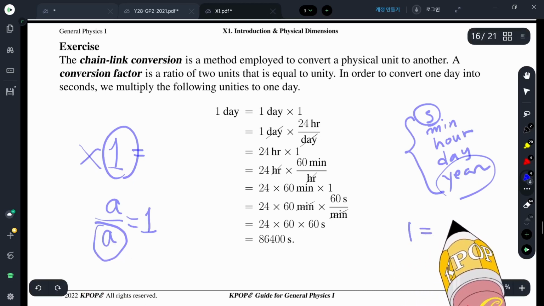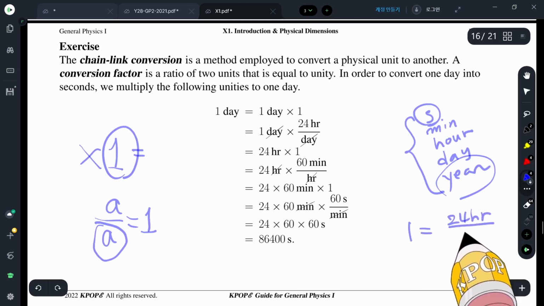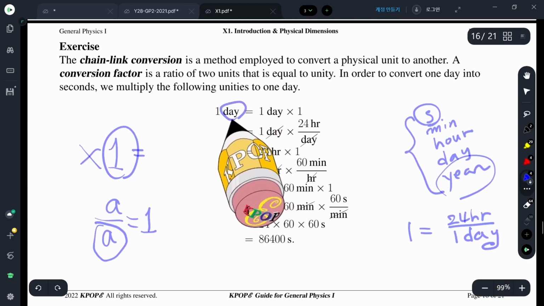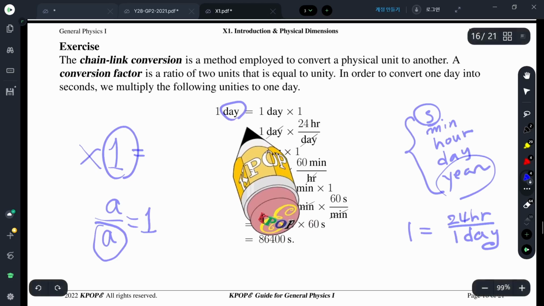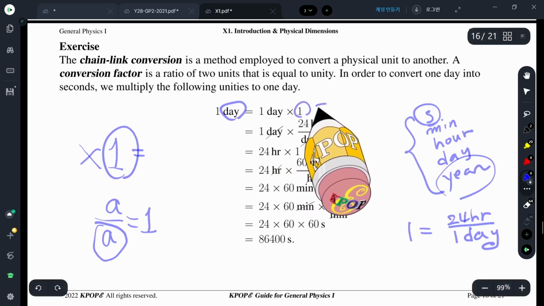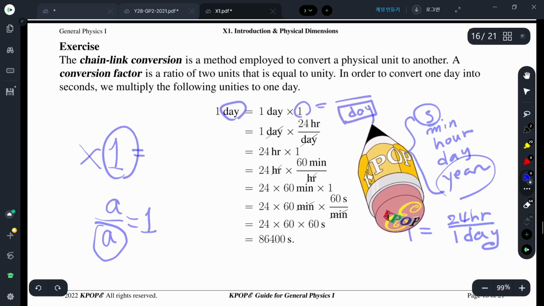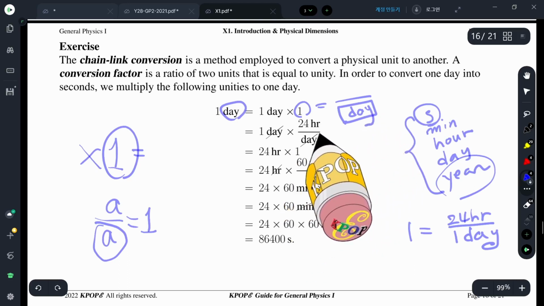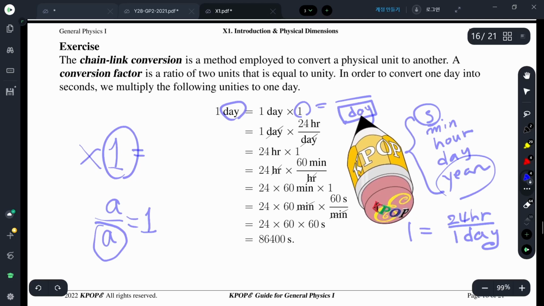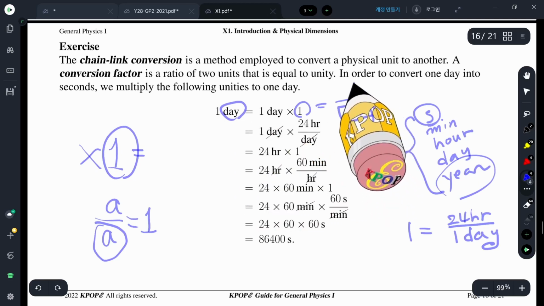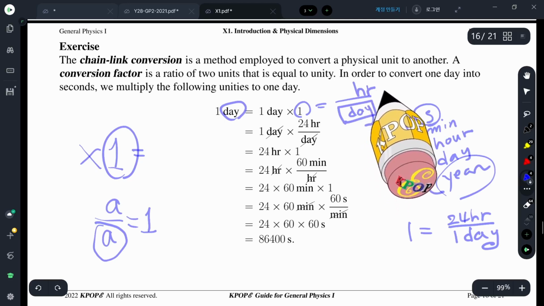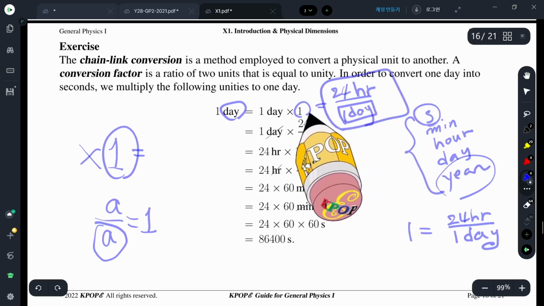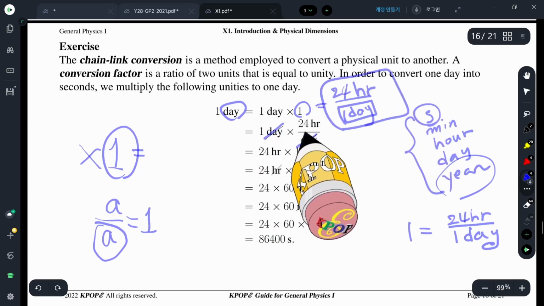1 equals 24 hours divided by 1 day. You want to replace day with hour. Then you must multiply by a 1 that contains day in the denominator. So write down 1 day, and you want to replace this 1 with hour. Write down hour. Are they the same? No. 24 hours is 1 day. Okay, so what you want to do is just multiply by 1 in here, and day cancels to find 24